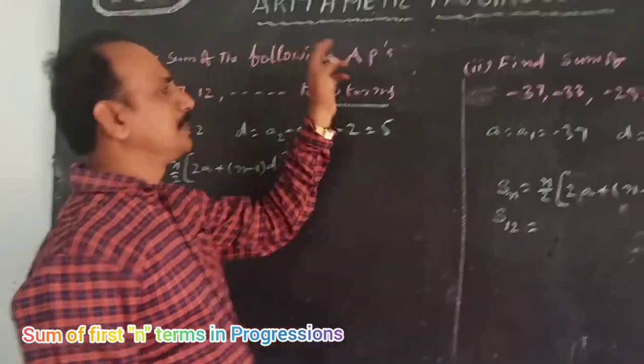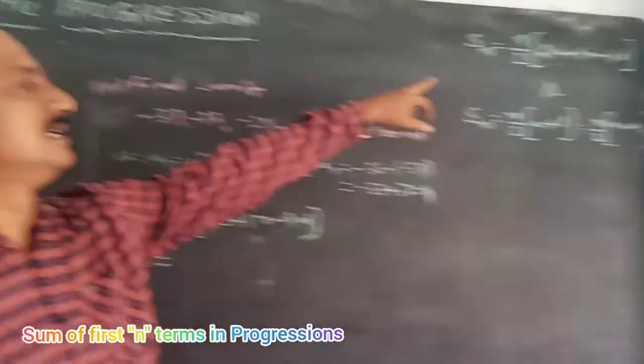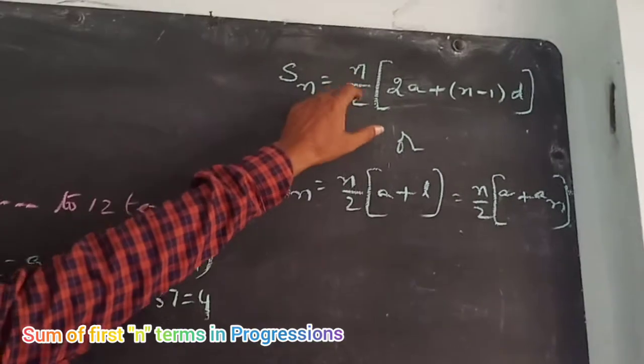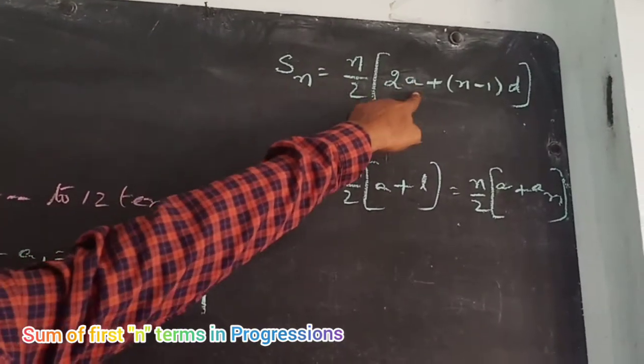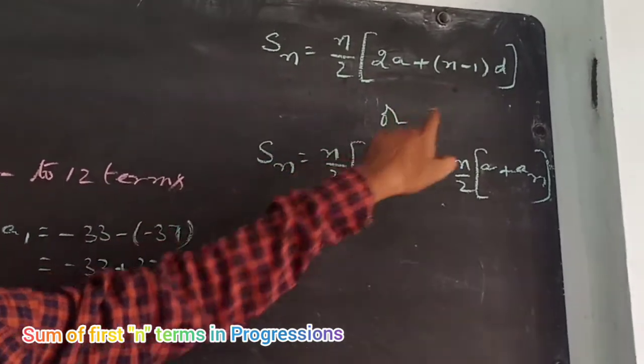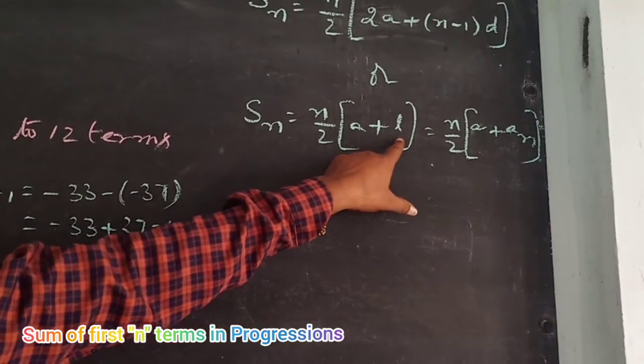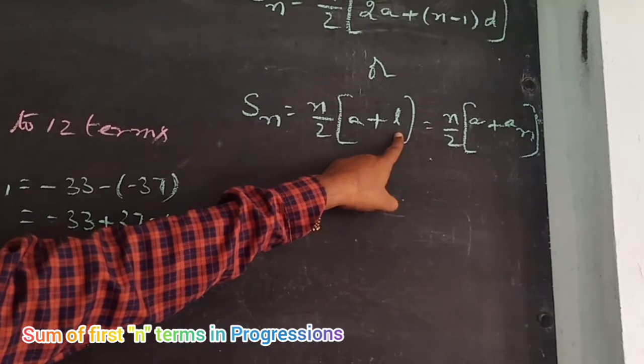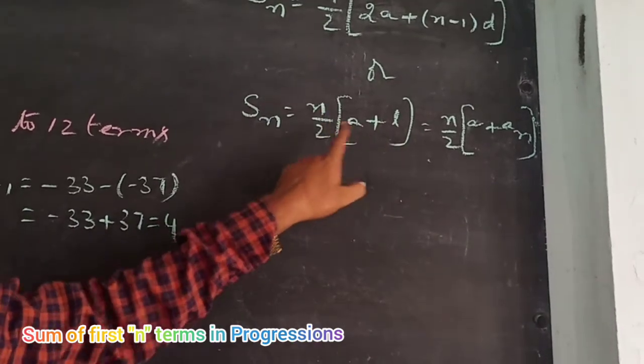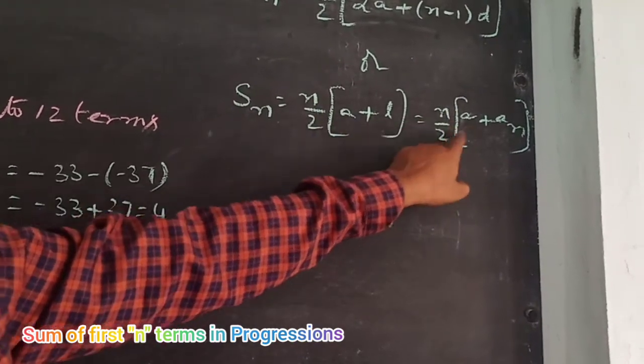Now today, arithmetic progression: the sum of the n terms. Sn equals n by 2 into 2a plus (n minus 1) into d, or Sn equals n by 2 into (a plus l). When you know the last term, it is also denoted by n by 2 into (a plus l), or n by 2 into (a plus an). So here